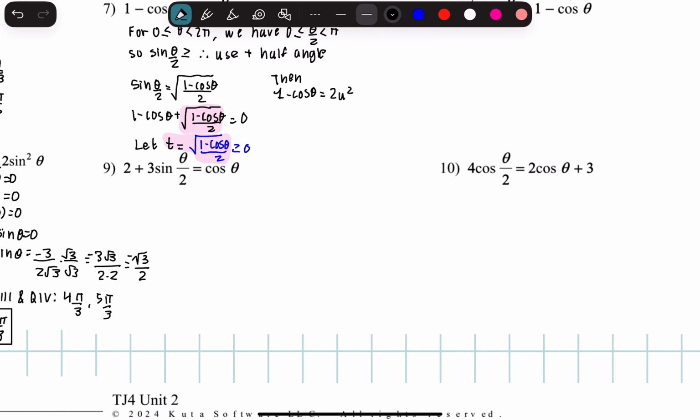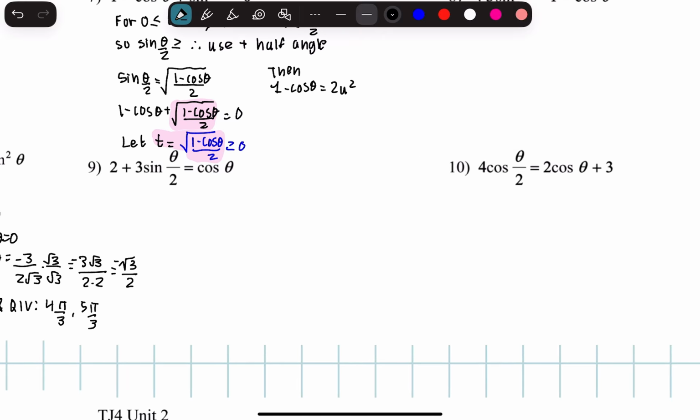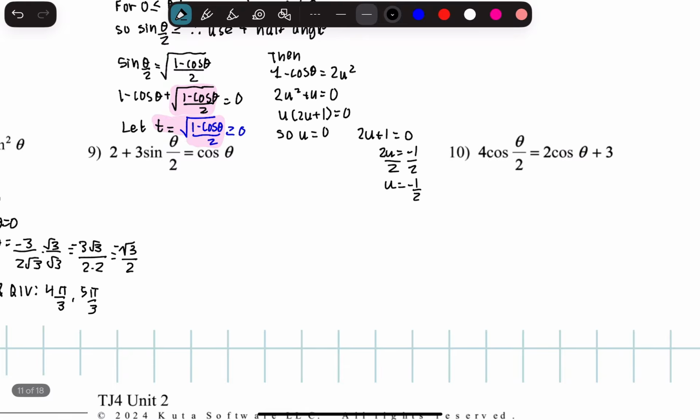So now this 1 minus cosine of theta is equal to 2u squared. So this becomes 2u squared plus u is going to equal 0. You can factor out one of the u's, so that's u times 2u plus 1 equals 0. So u is equal to 0, and also you can set 2u plus 1 equal to 0, which means 2u is equal to negative 1, so u is equal to negative 1/2, and therefore